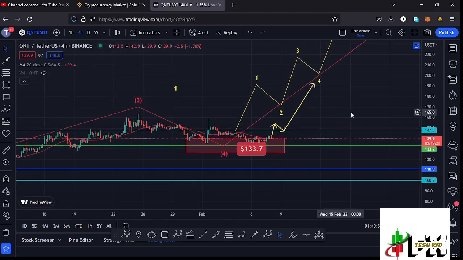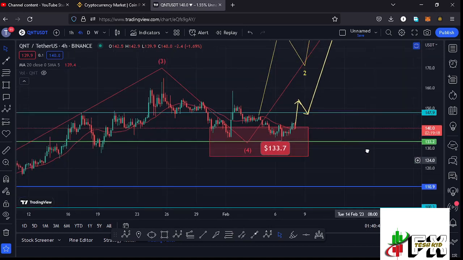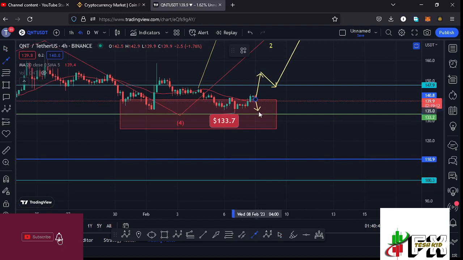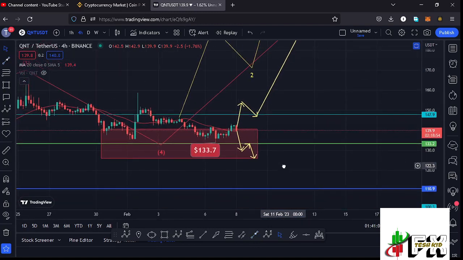And we also need to be prepared for our worst case scenario here on the Quant chart. That is, in case we lose the 20-day MA, continue pushing lower, get to the next key area of support at around the $133.2 mark, and in case we lose that key area of support, then there are chances of continuing to push even lower, break below that key area of support, see a successful retest, and then fully maximize our red target area by going back to around the $125.9 mark. And in case such a move plays out, then I'll be naming the new low as the low for that fourth wave,